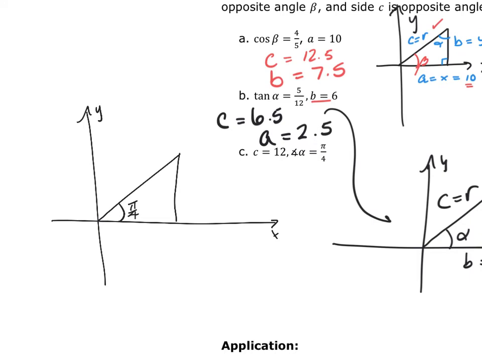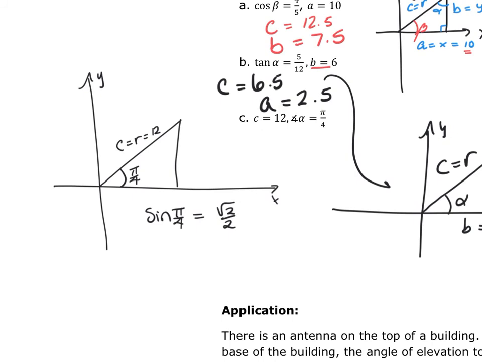So what I do, since I don't have anything else but that's pi over 4, is I go to my unit circle. And I look on my unit circle and I look at sine and cosine. Now my c, which is what they've given me, which is r, is 12. The sine of pi over 4, the ratio is the square root of 2 over 2. That's the same thing as the ratio of my cosine. So I'm going to do as I did before. I'm going to have the square root of 2 over 2,